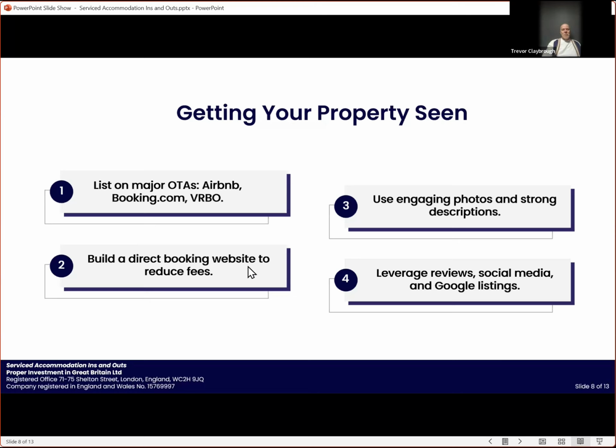Here it says build a direct booking website to reduce fees. That also makes sense. And then the key thing as well is contacting guests when they're booking in, understanding,